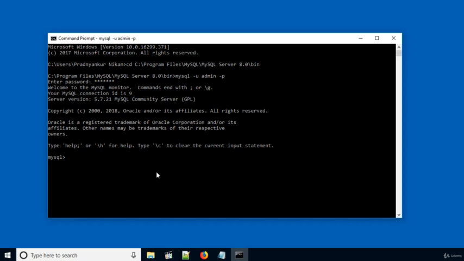During this course, we will be working on local MySQL database server. So we will be using root user details for all our examples. In this section, we saw how to download and install MySQL database server on our computer using Windows, Mac, and Linux operating system. We also learned how to add a new user and set privileges for the new user. In next section, we will take an overview of structured query language and explore more SQL statements.